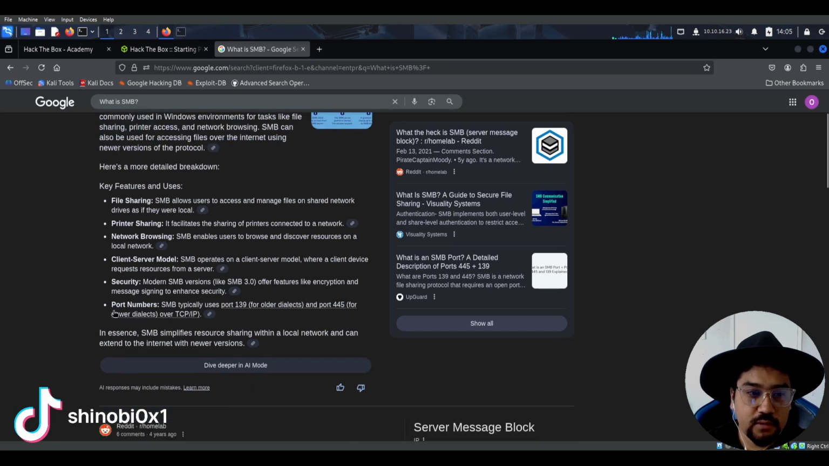All right, and then port numbers. So it typically uses port 139 for older dialects. Keep that in mind. And then port 445 for newer dialects. Okay,